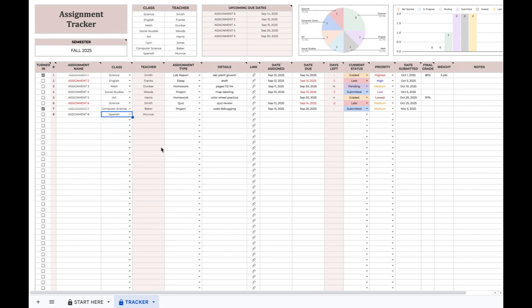And when I do that, the teacher column will automatically fill in. And you'll notice that this teacher column has a colored background. And this is important to know about our templates. Typically, a colored background will indicate a protected cell, meaning you'll get a warning if you try to type in